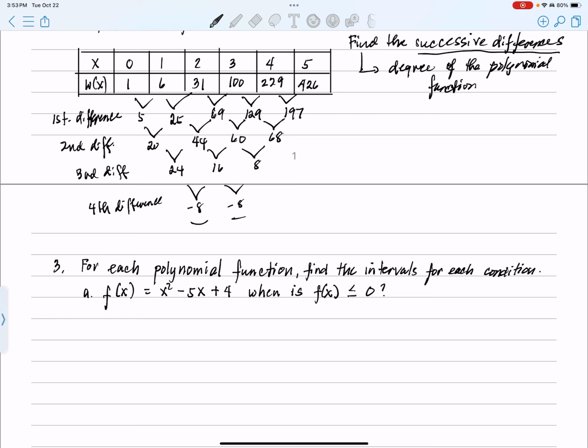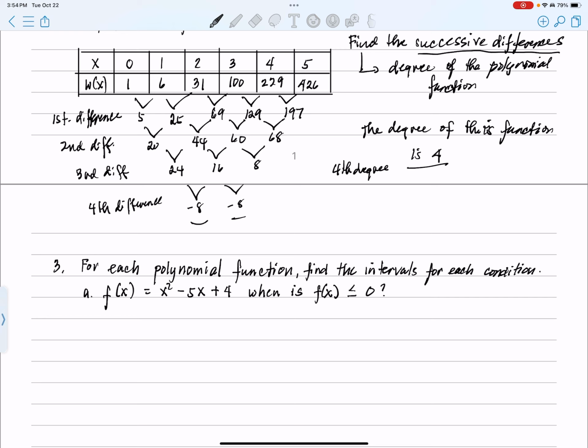That means the degree of this function is 4, or it is to the fourth degree, right? Okay,